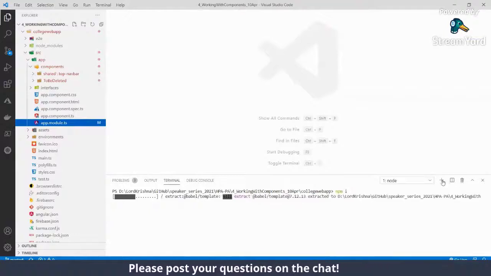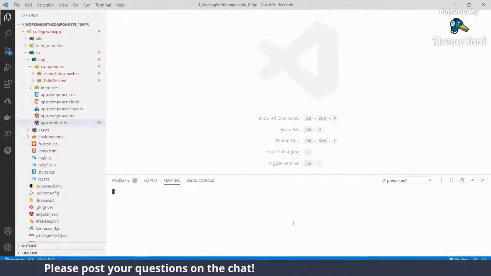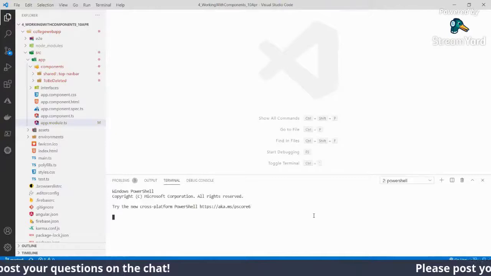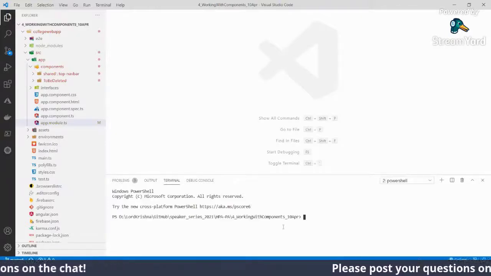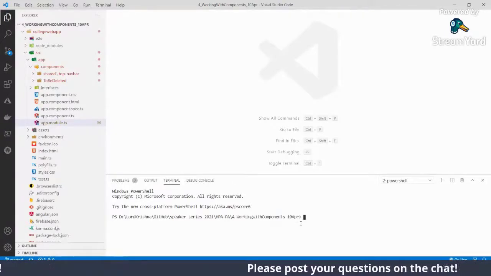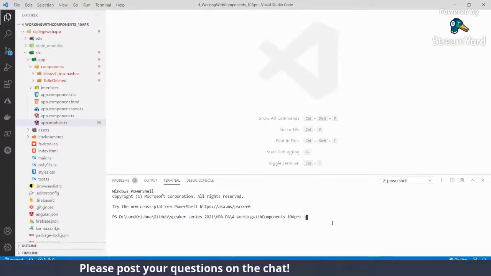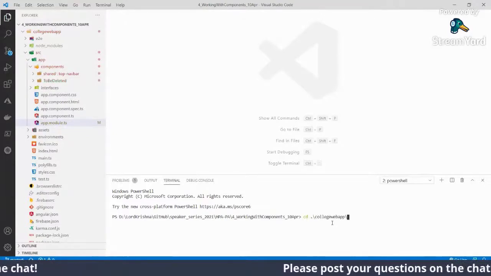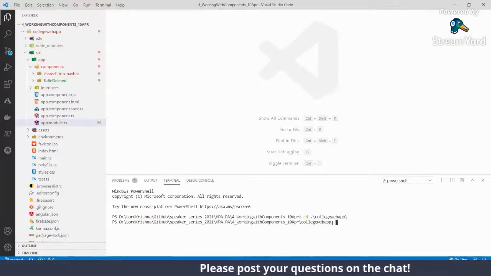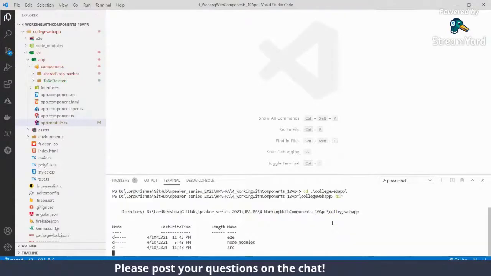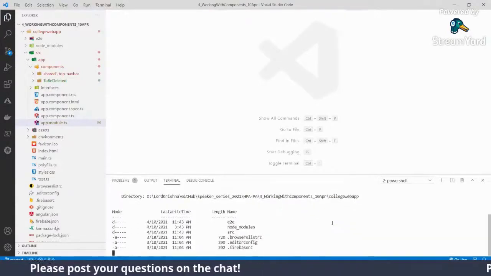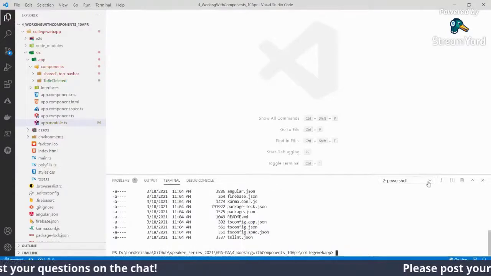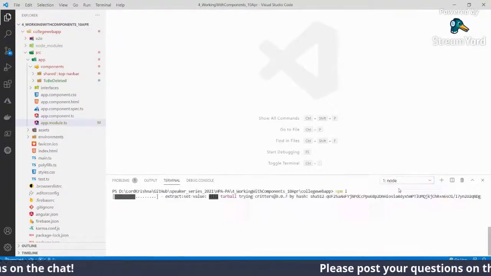Next thing is I'll open a new console, and we'll start creating the footer. So cd, okay, so that is here, and it looks like it is installing the packages.